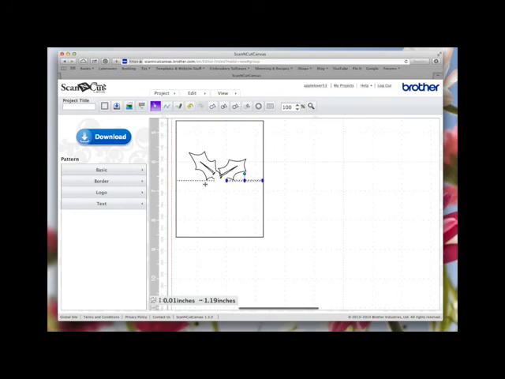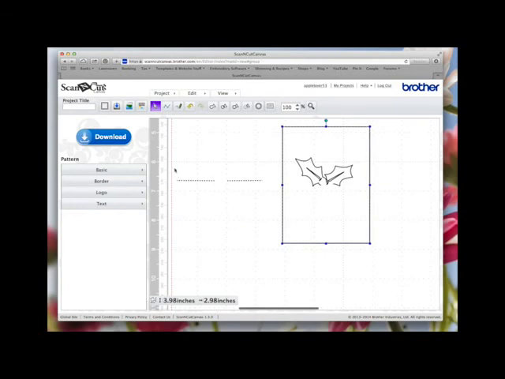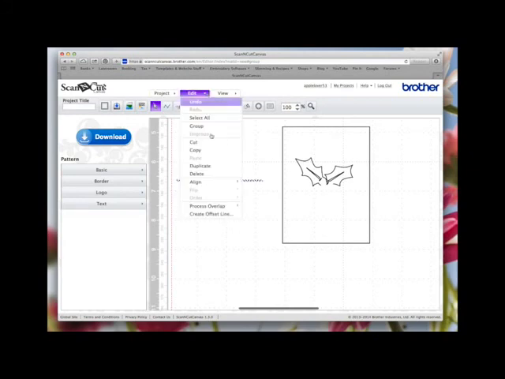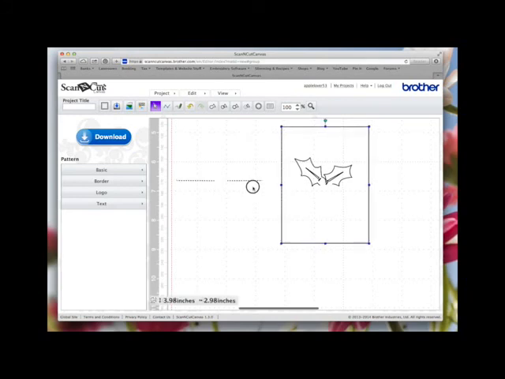while that's selected, hold your shift key down and select the other one. And if you can't get it, the easiest thing to do is move the card out of the way. Drag an imaginary box around both of these. And while they're both selected, you can see the blue. Come to Edit, Align, and we'll just align up the bottom edges. And then while they're both selected, right click and group, then bring this back over,